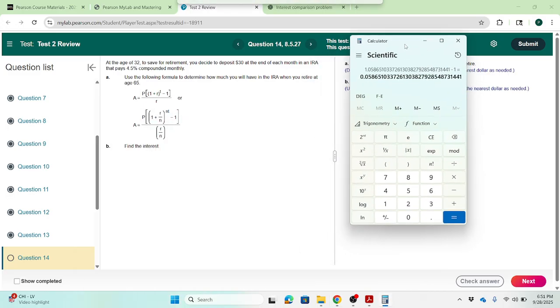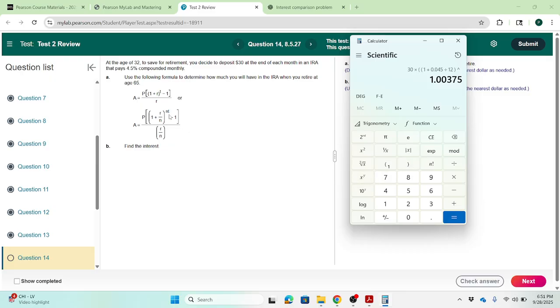I'm going to use the calculator here. I'm going to type the regular deposit, $30, times parenthesis. Remember, here is the bracket. I don't have the bracket on this calculator, so I use the double parenthesis. 1 plus the rate, 0.045 divided by 12 because it's monthly, parenthesis close, to the power,